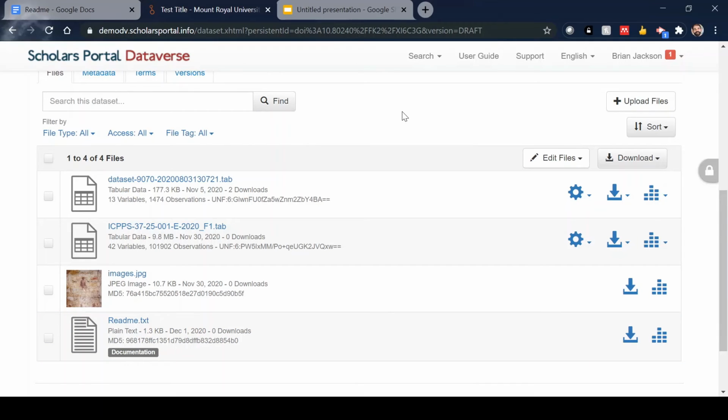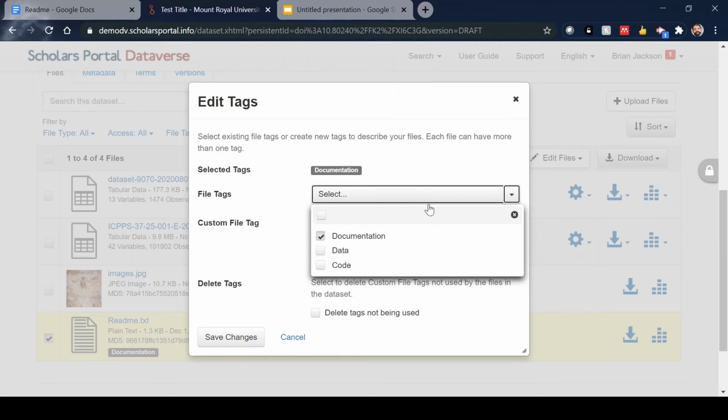You might consider tagging the files in your dataset in order to help users understand the type of information they're likely to find in each file. To do so, select the file, select Edit Files and Tags. From there, you can assign a tag such as documentation, data, code, or any other tag that you think is